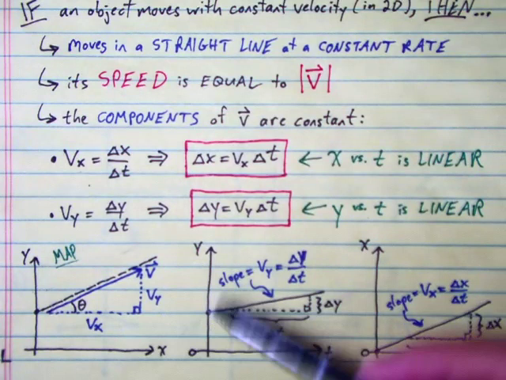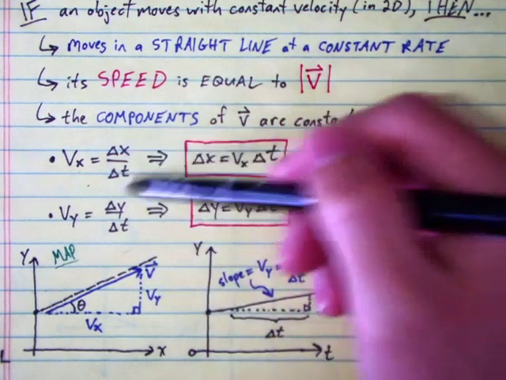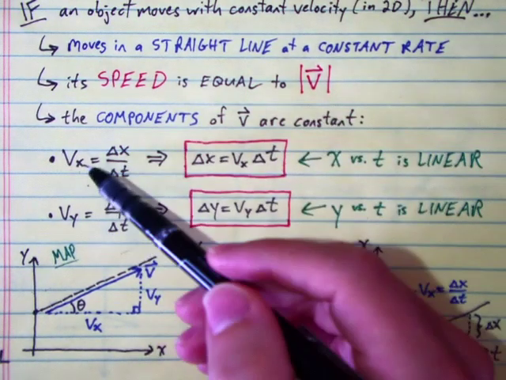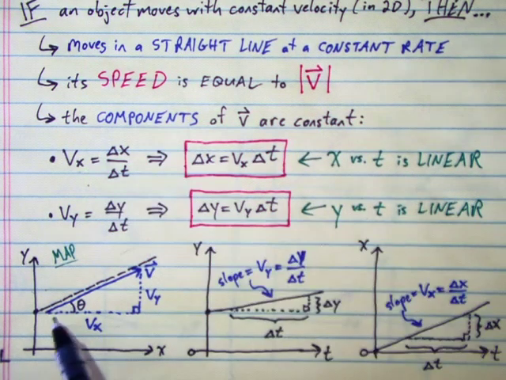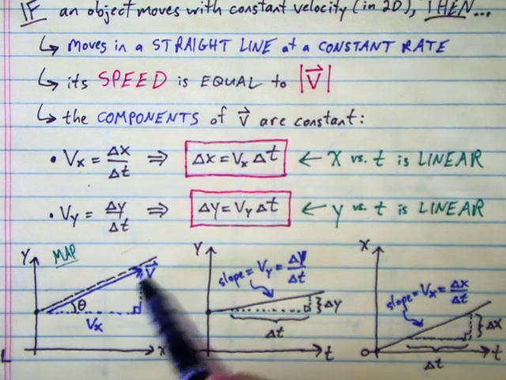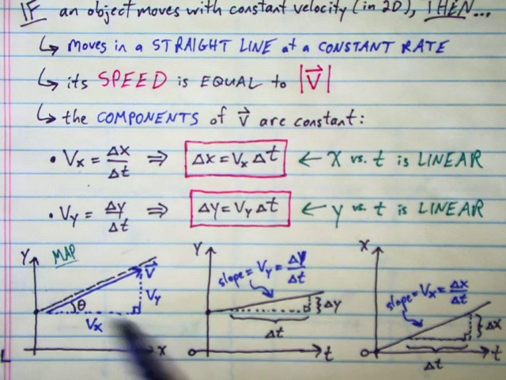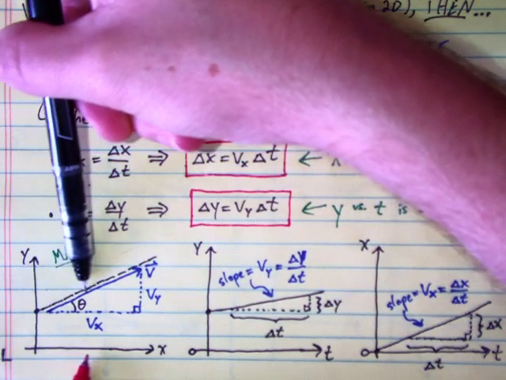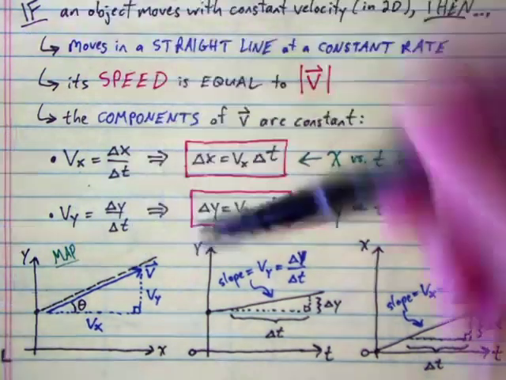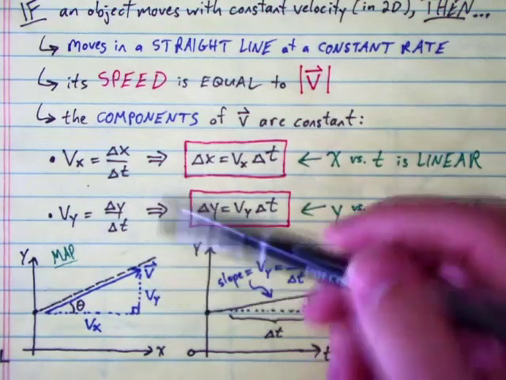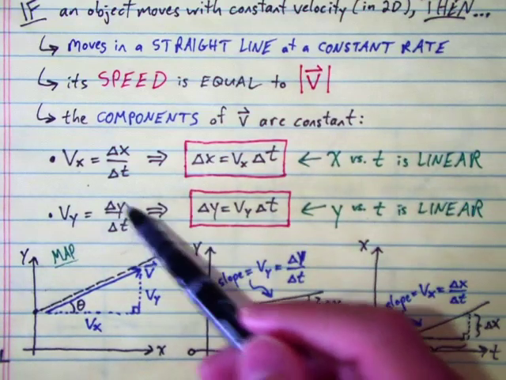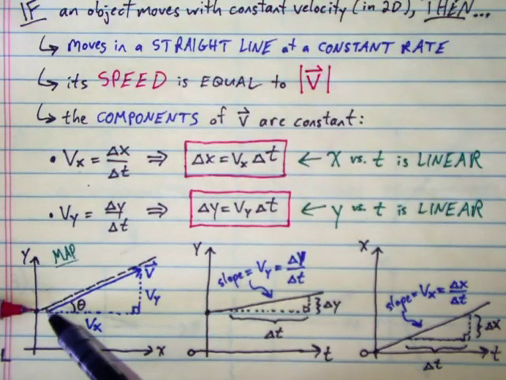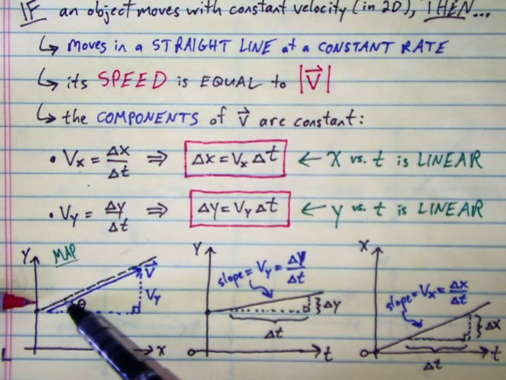The rate of change of x, delta x over t, that's exactly equal to the x component of the velocity. So this leg of my velocity vector triangle represents the rate of change of the x component, how rapidly this x component is changing as we move along. And then this leg of the triangle, Vy, represents the rate of change of the y coordinate,